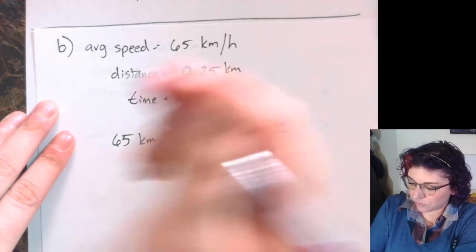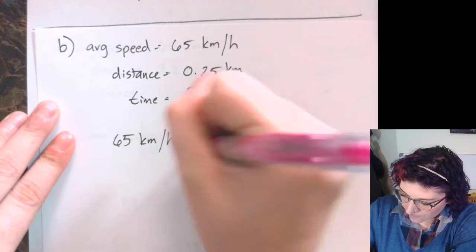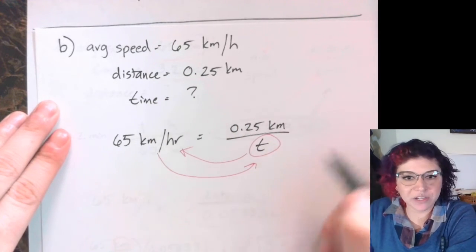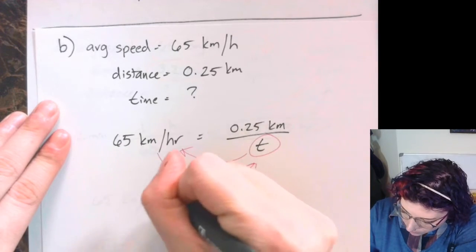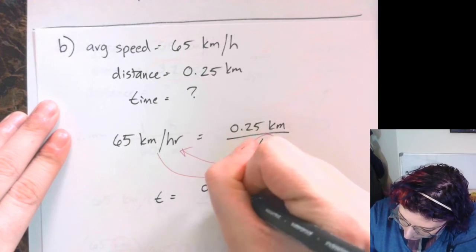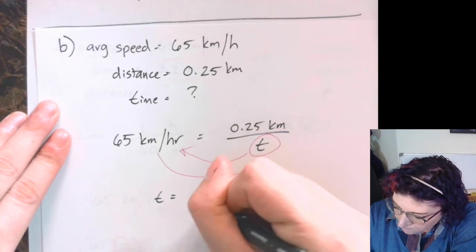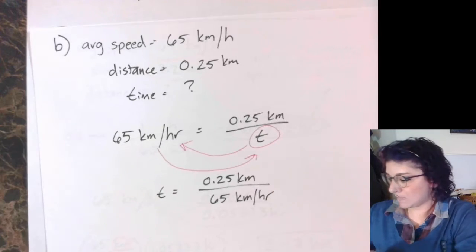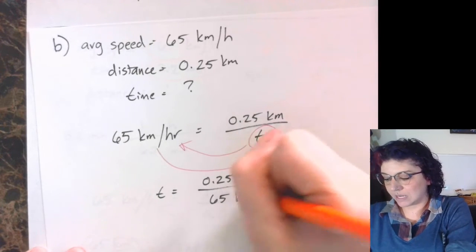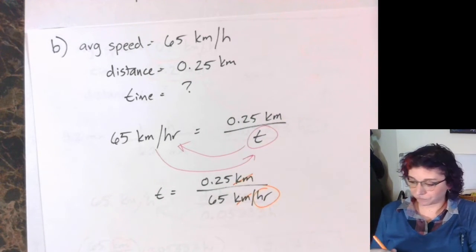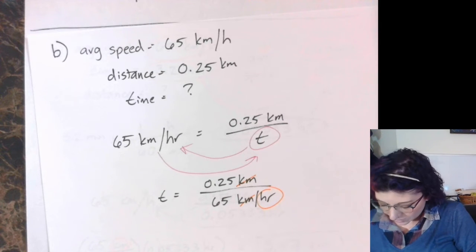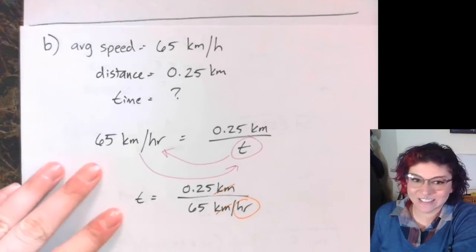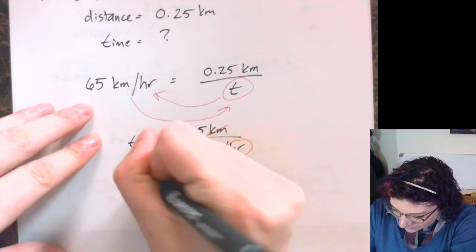We are going to flip the denominator over and bring the 65 over. So we get T is equal to 0.25 kilometers over 65 kilometers per hour. You see here that the kilometers cancel and we're left with hours. So 0.25 divided by 65 is, the time we get is